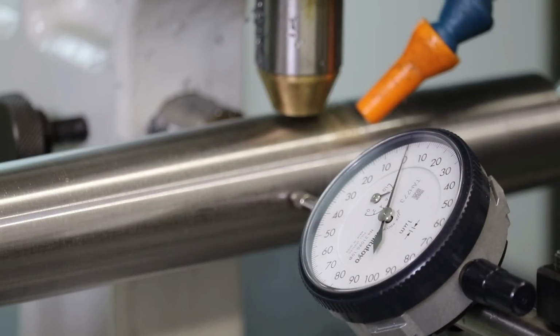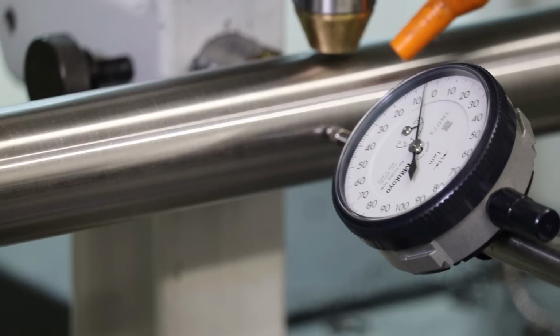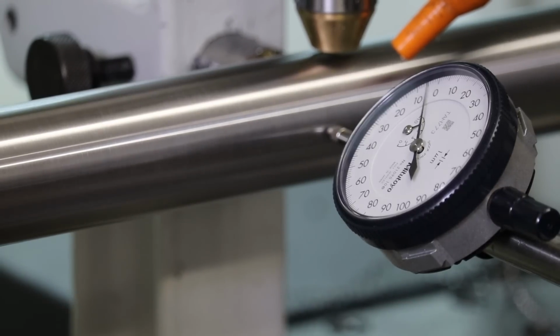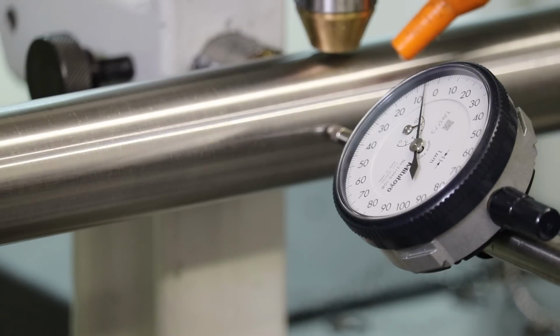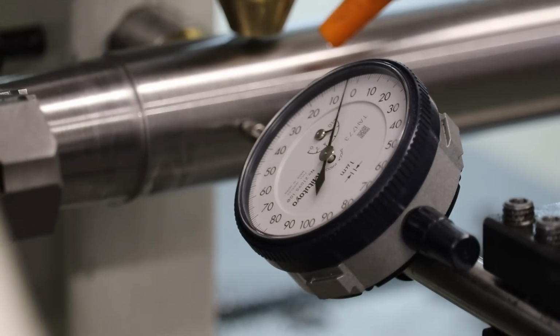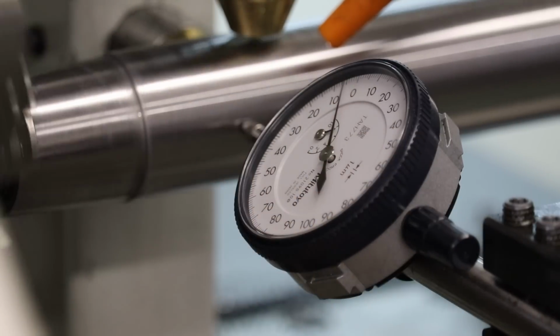Let me get all this out of here. Okay, so we'll see how we're looking as we go down the shaft. Okay, so we're about middle of the run here, and we are minus 5 microns on radius with a run out of still about 1.5 microns, or half a tenth. And then we'll go down to the other end. So I haven't changed the knob since we were out here at the tailstock. So let me spin the chuck again. And we're still minus 5 microns